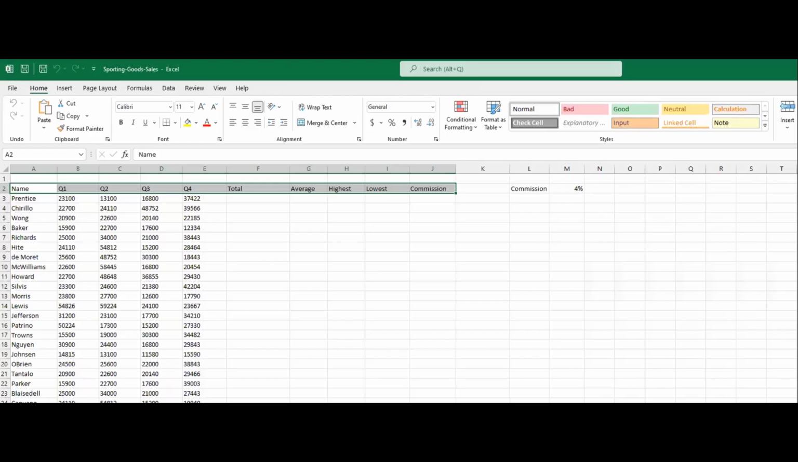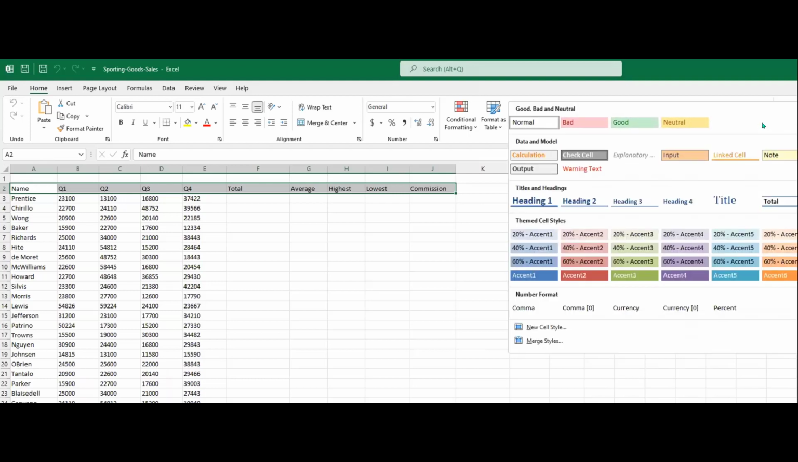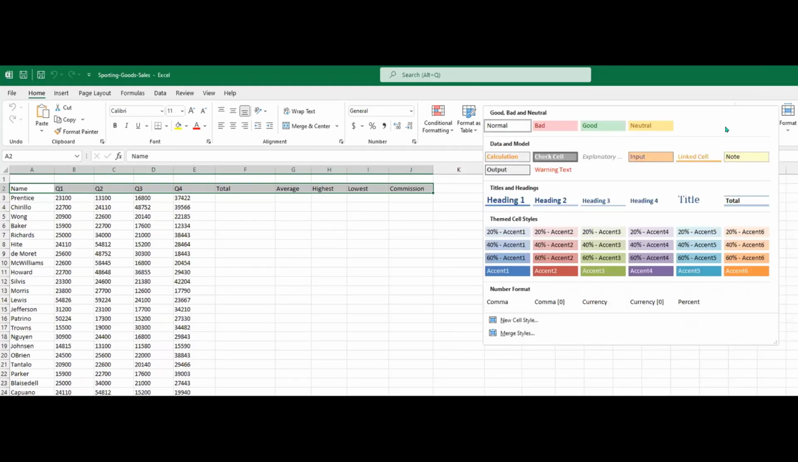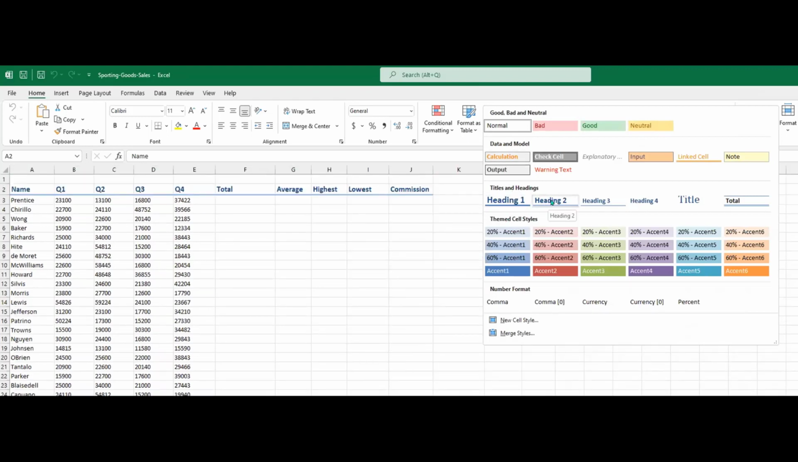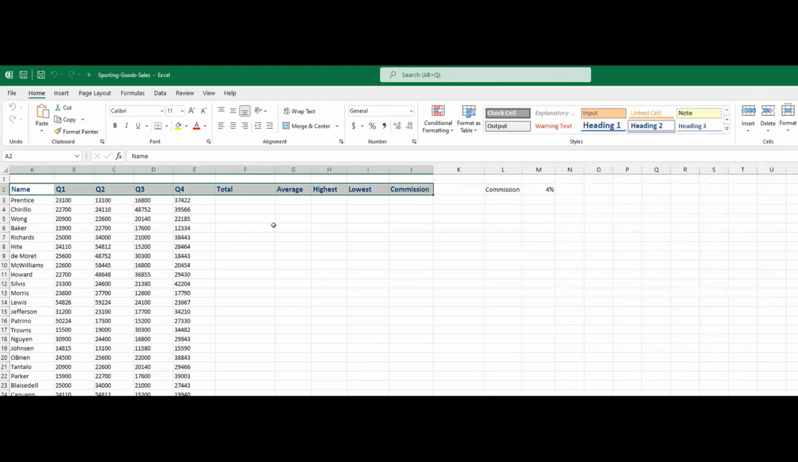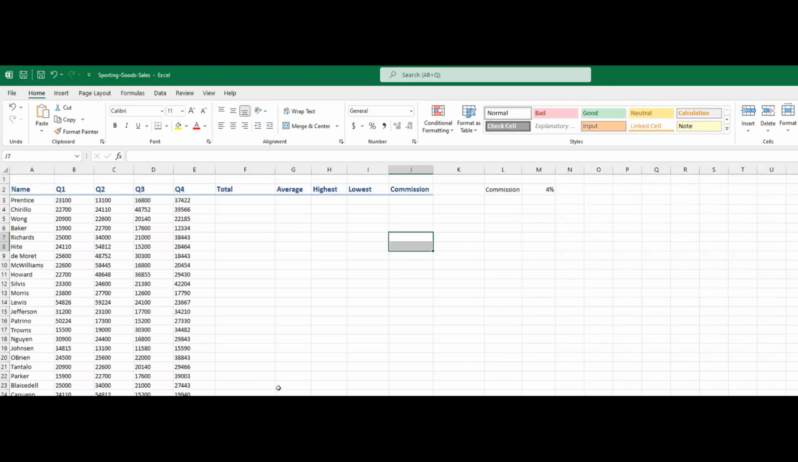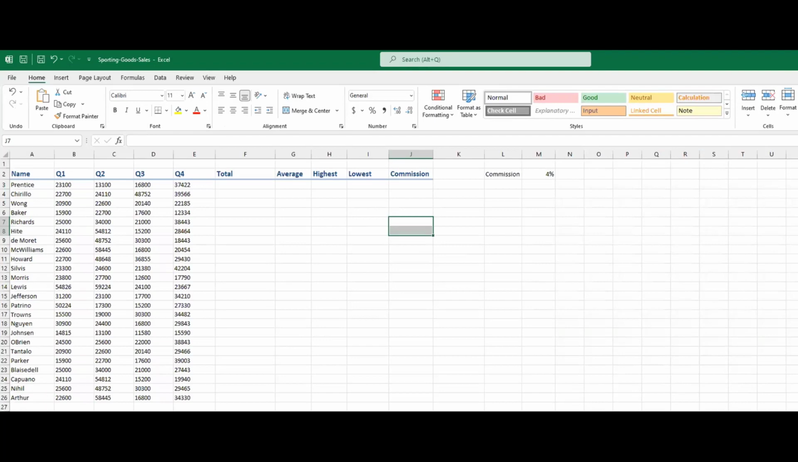Once they're highlighted, take a look at your Home tab. Under your Styles group, you see the style section, this gallery. Just drop it down. It's going to open up additional galleries of styles that are listed. Under Titles and Headings, go ahead and select, let's say, Heading 2 to change that style. So we can see our column header looks a little bit different. Once we have that changed,